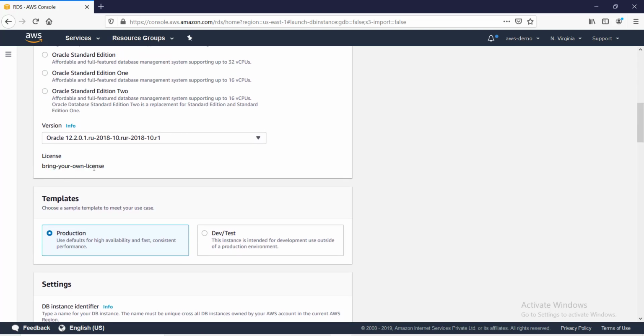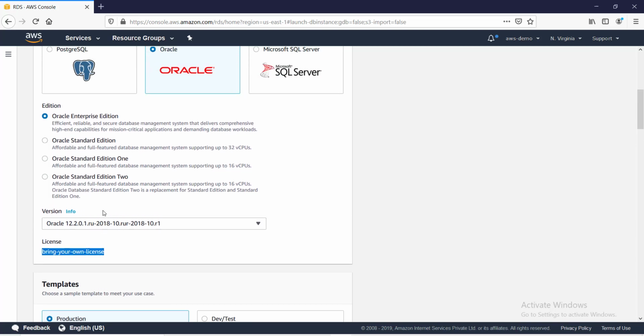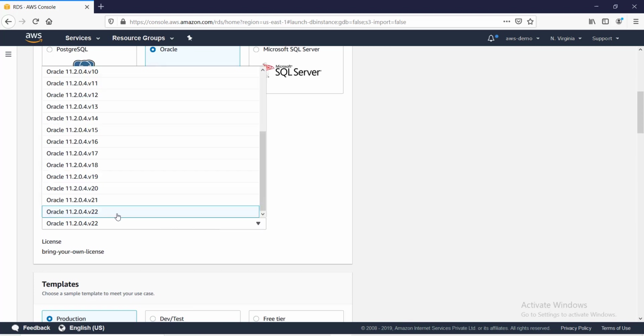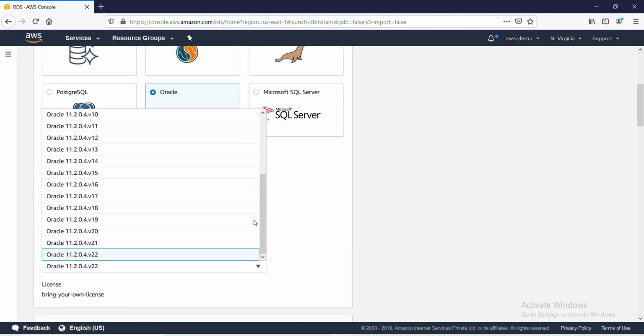Then the option will come, bring your own license. See, it is not allowing me to choose. It is saying bring your own license, automatically it is chosen. Why? We'll discuss. But if I select Standard Edition and then click on anything, either 11.2.0.4,